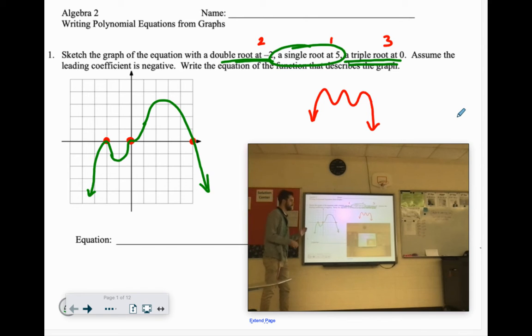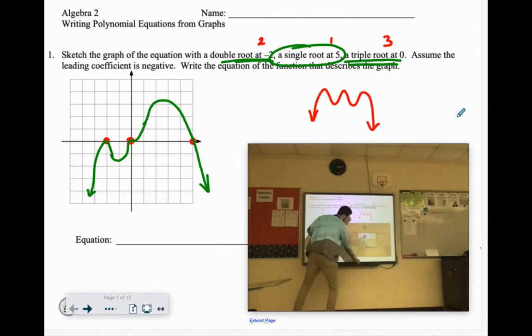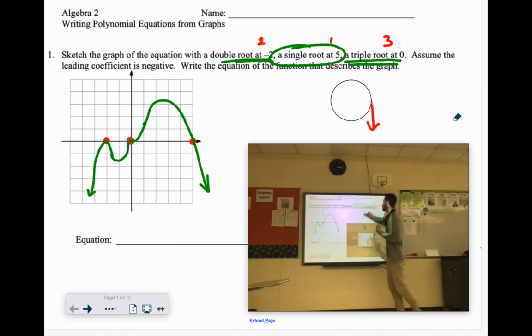So when it's even, it hits at that 0, turns back around. If it's odd, if it's 1, it just crosses right through it. And if it's odd and it's not 1, it bends at that number. So there's the graph. Now as far as writing the equation for it, let's see, we have a double root